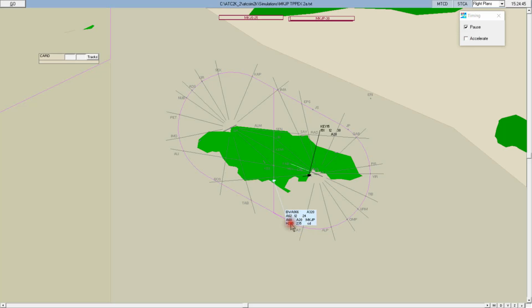So I click on the heading element. I'm going to vector this aircraft straight to Kino and speed it up a bit. Okay. Now, key is not going to serve a purpose for this demo at the moment, so I'm going to kill the